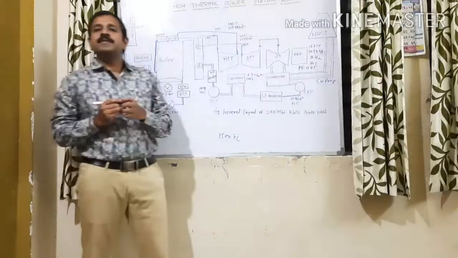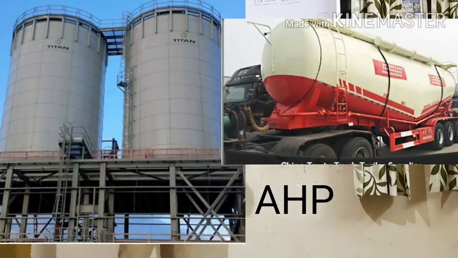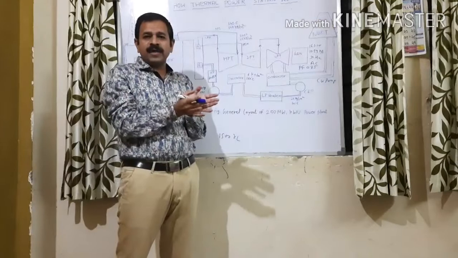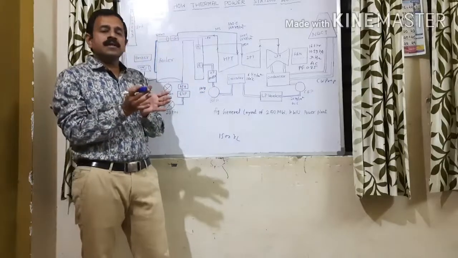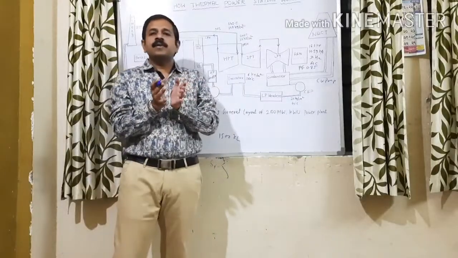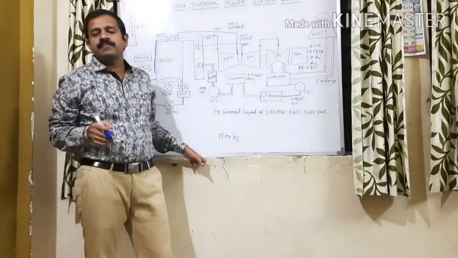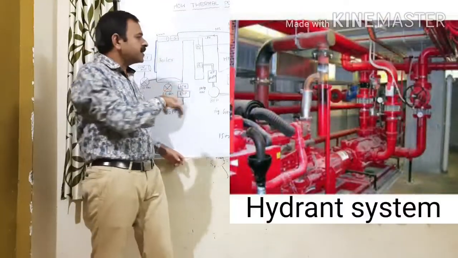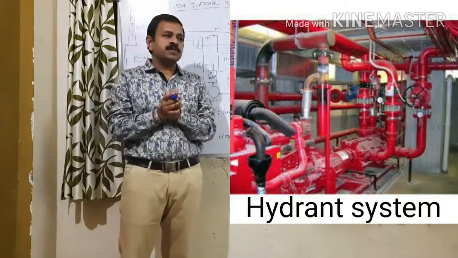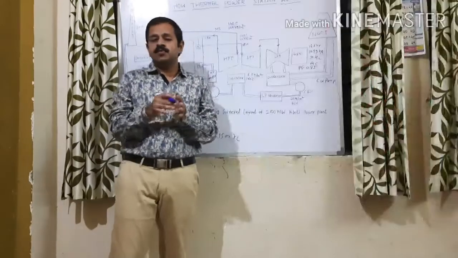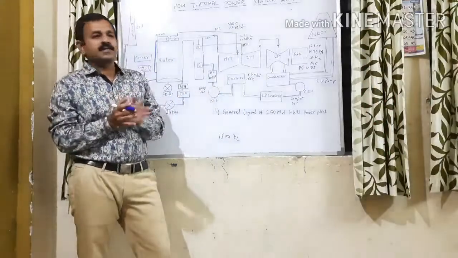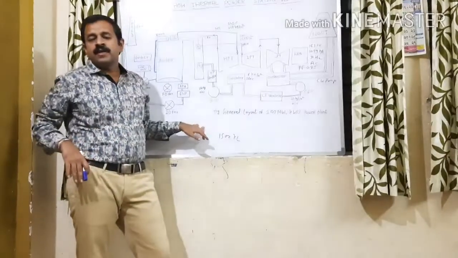Then we are having the AHP, ash handling plant. In the ash handling plant, the byproduct of this plant is the production of ash. So nearly 700 tons of ash will be produced in a day. It will be 27 bunkers. Then the firefighting department. To operate this total system and for the safety precautions, we are having the firefighting department. So these are the concerned outdoor plants necessary for the working of this plant.